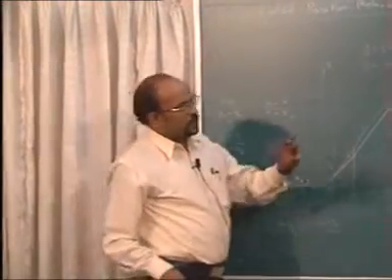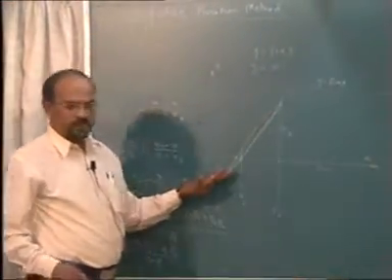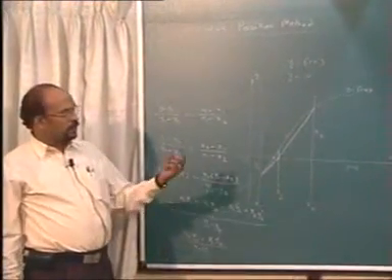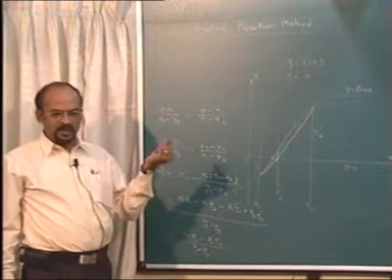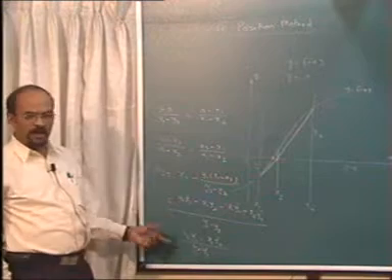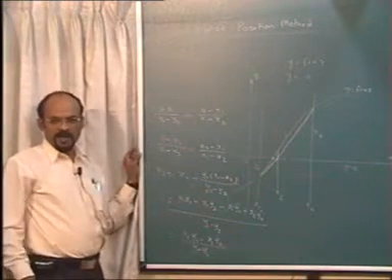This is known as false position because our assumption is false. We are assuming the curve to be a straight line. That assumption will hold good only when the interval is very small. Okay? Just make a note of this formula. That's it. In the algorithm you can directly replace it.